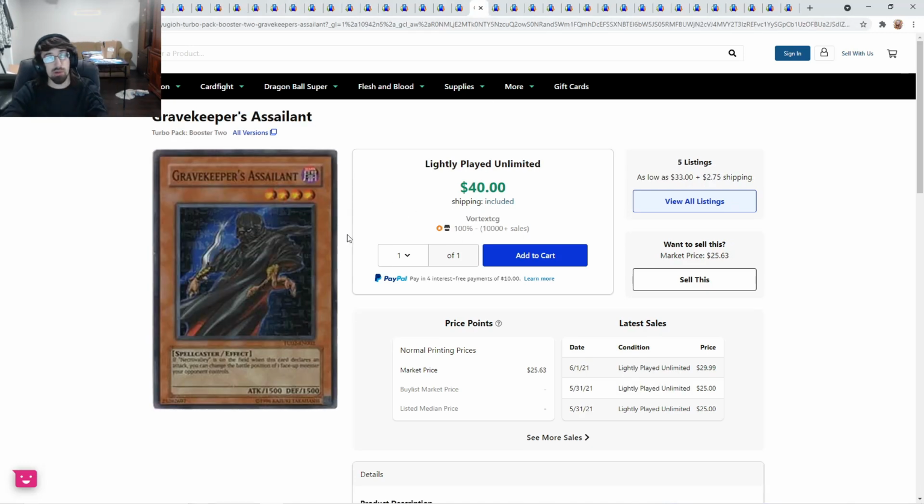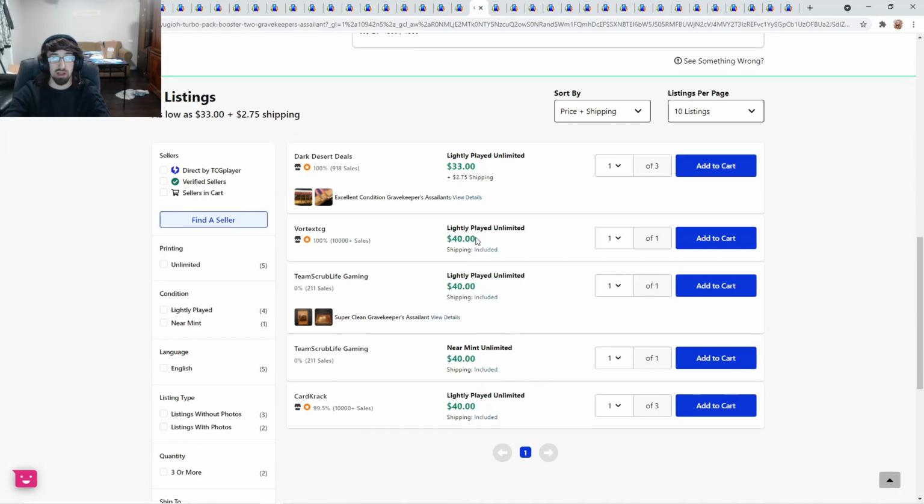Gravekeeper's Assailant Turbo Pack Booster 2 here is bought out here. $40 across the board. There's like four. Well, there's three. There's six lightly played. So I guess there's this guy's too, but